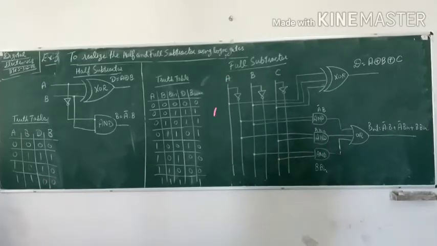This is the circuit of full subtractor. These are the inputs A, B and C, and they are XORed, and when they are XORed, the equation of difference D becomes A XOR B XOR C. So this is the symbol of XOR. Whereas the equation for B out, that means borrow, is first of all the given inputs will be AND gated here, and after passing through the OR gate, the equation of borrow out becomes A bar dot B plus A bar dot B in plus B dot B in, where dot means AND gate operations will be implemented.